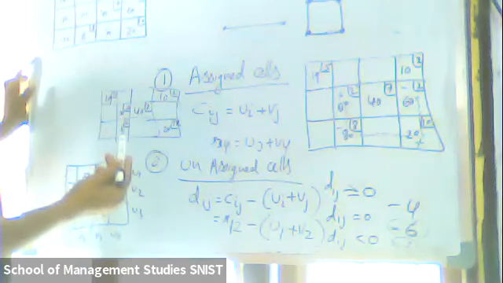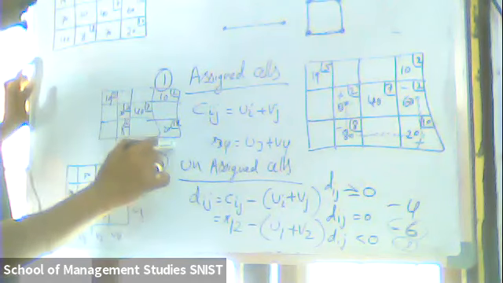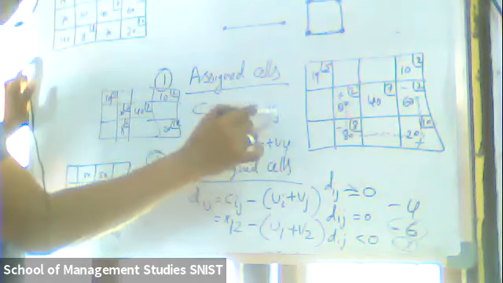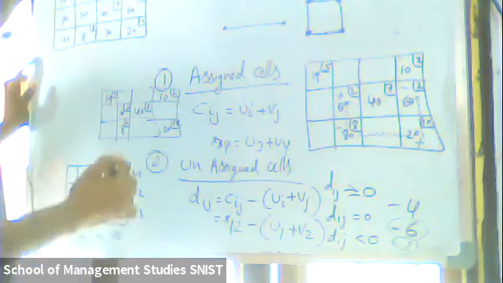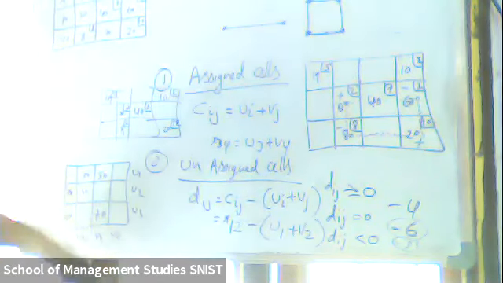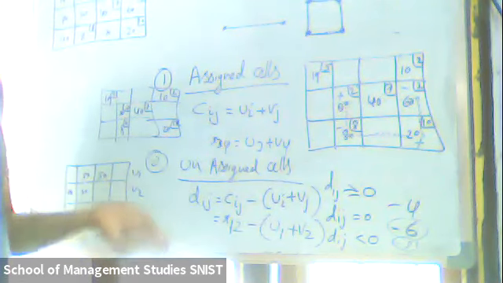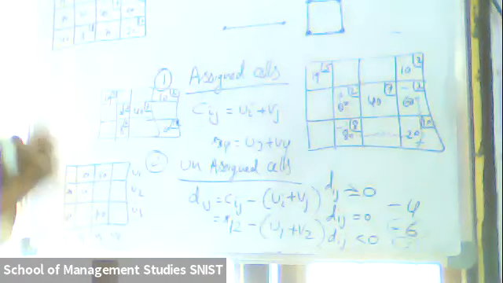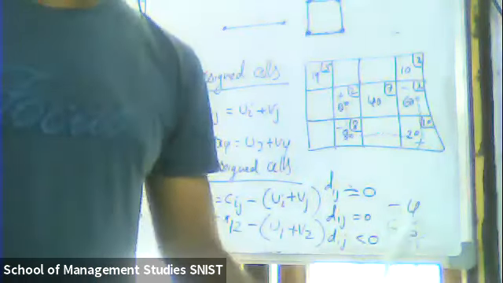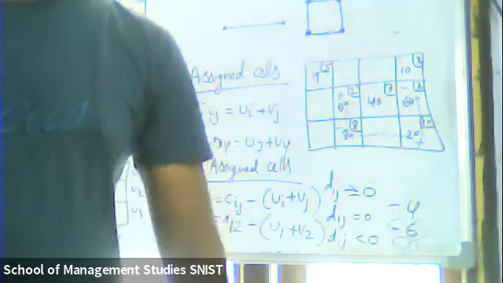Now again we have assigned cells u1, u2, u3, v1, v2, v3, v4. Find out Cij equals ui plus vj. You will get the values. Then for the unassigned cells, calculate until you get dij values positive. Suppose even once you did, and again you calculated the unassigned cells and the dij value is negative, then follow the same procedure until you get dij values positive. This is about your MODI method. 100% you will get this question.